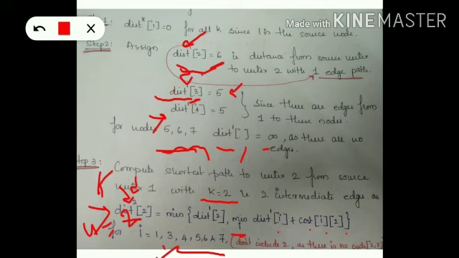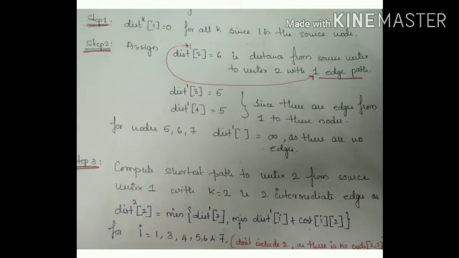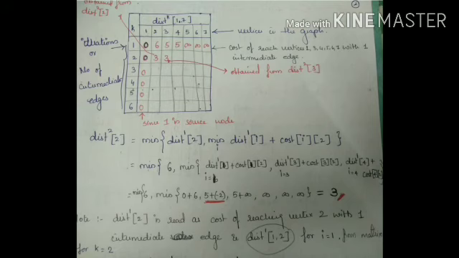So therefore i's value is going to range over 1, 3, 4 and so on till 7. So we were calculating dist^2[2], which is the minimum of dist^1[2],